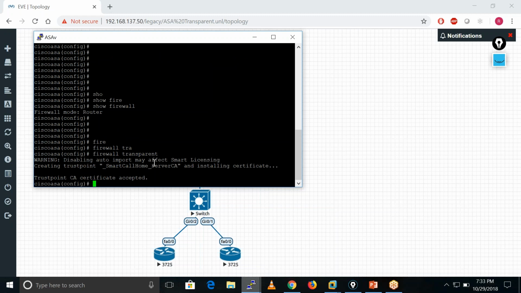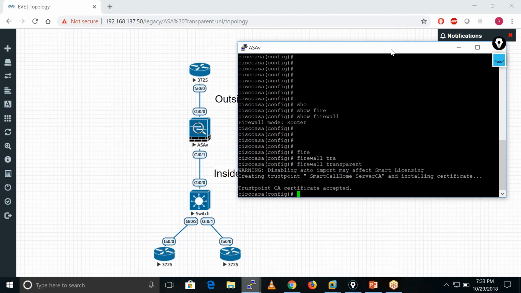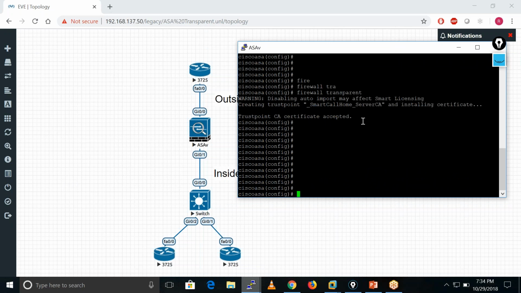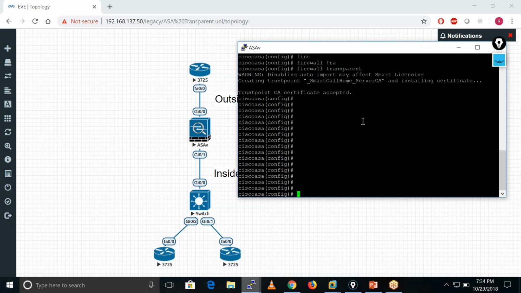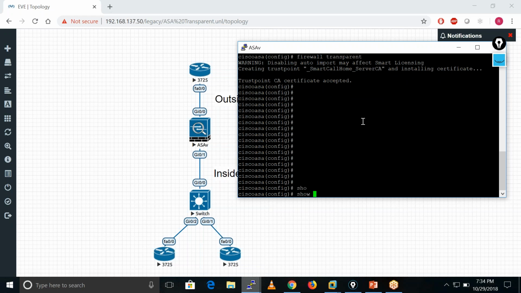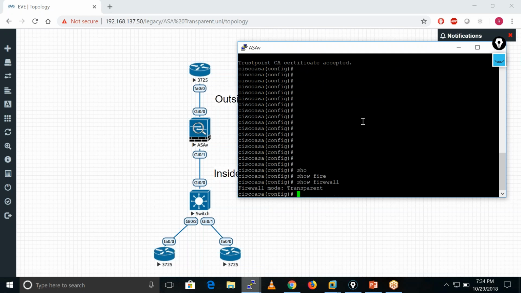Disabling auto import may affect smart licensing, creating a trustpoint, and installing the certificate. Show firewall.